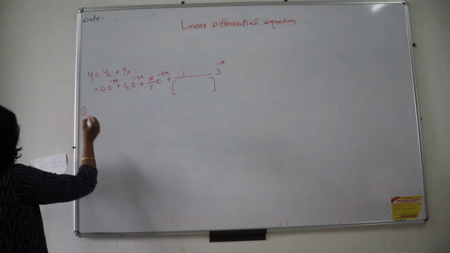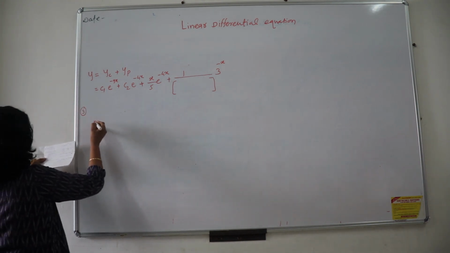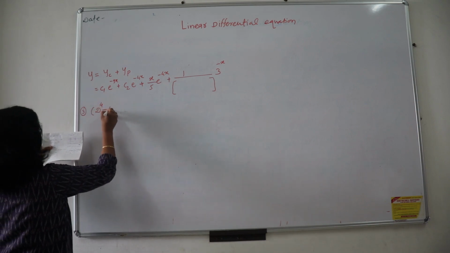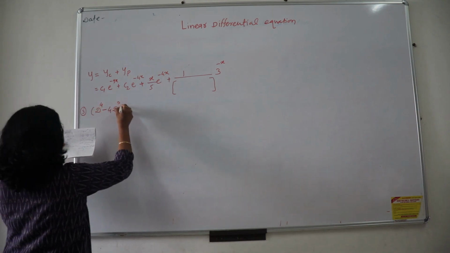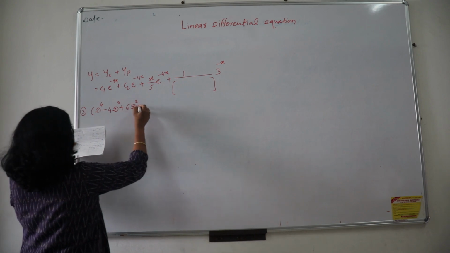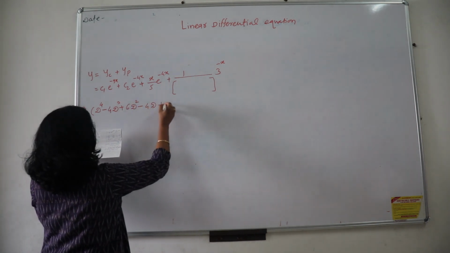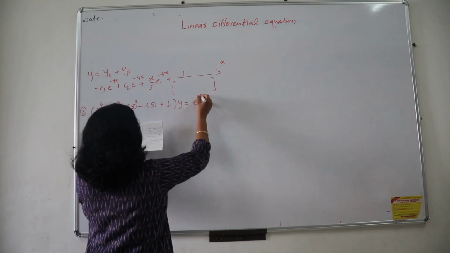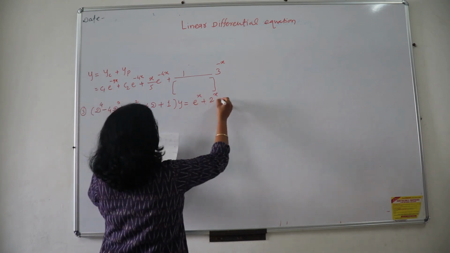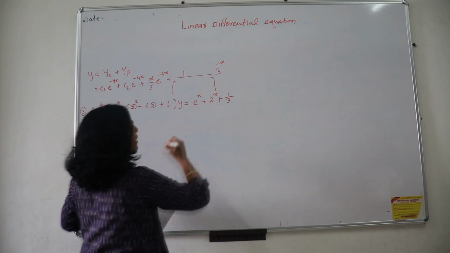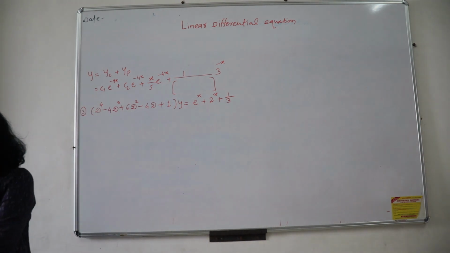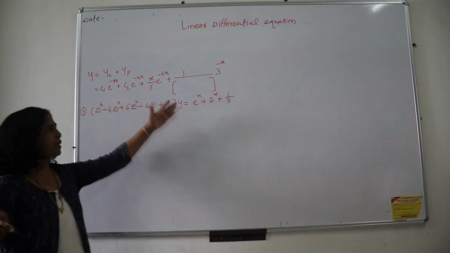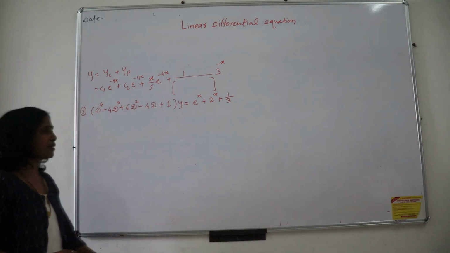See my third example. In that again we will have some variation in our simplification. Let's see. D raised to 4 minus 4d cube plus 6d square minus 4d plus 1 close the bracket y is equal to e raised to x plus 2 raised to x plus 1 upon 3. See, I have made it quite larger. I have taken a big variation in that, and we will just take a summary, you can say, of case number 1 in this example.